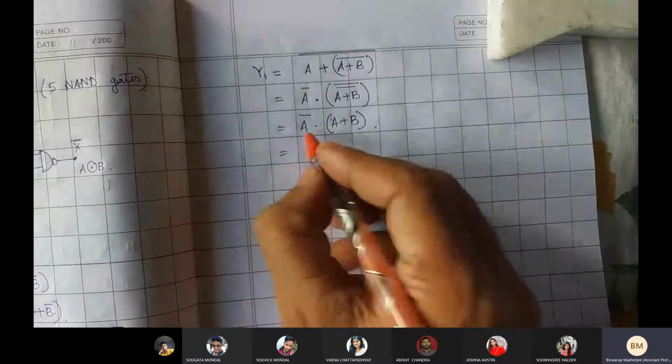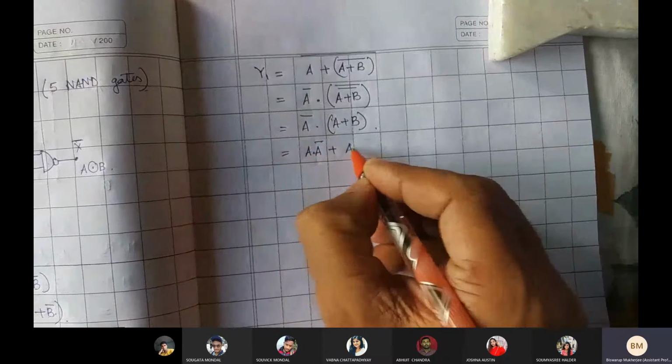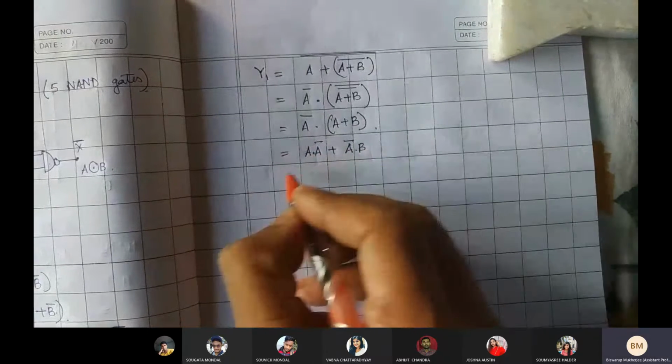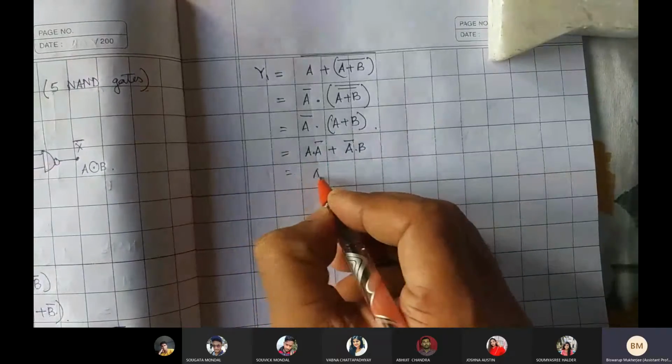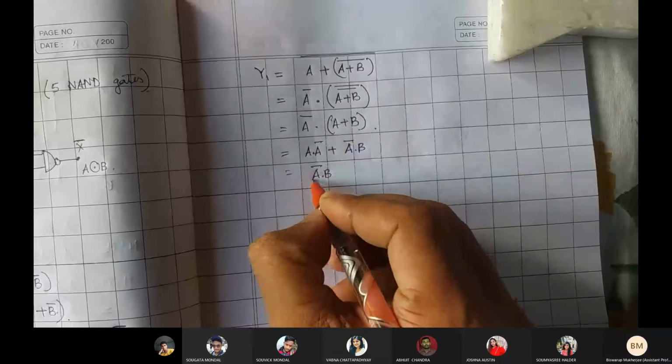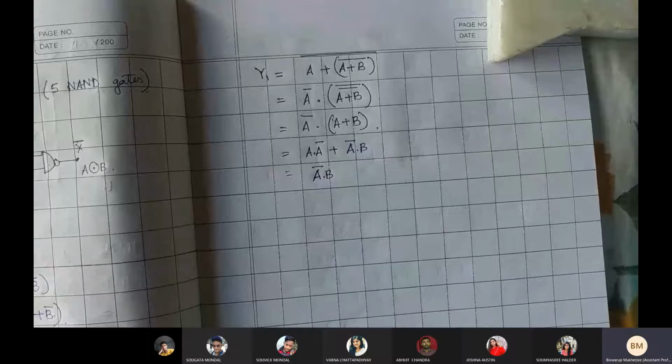So now we can write it down as A bar A plus A bar B, right? So A bar A will go as 0. So the rest of the value is A bar B. Okay. Similarly,